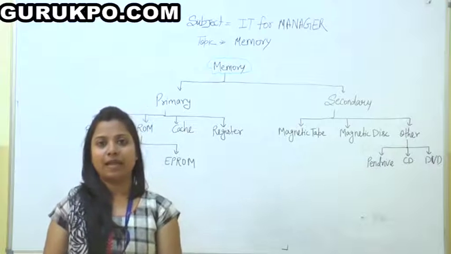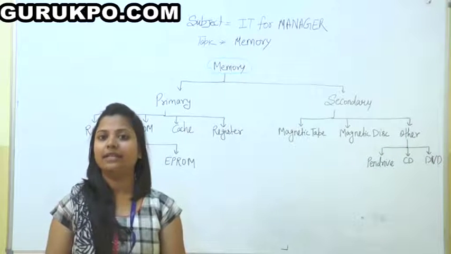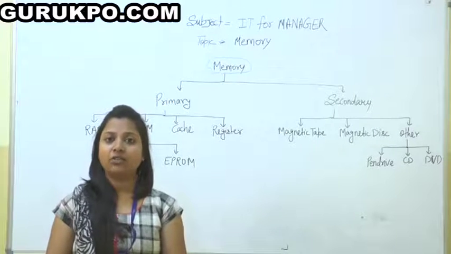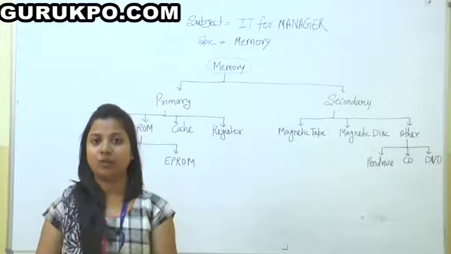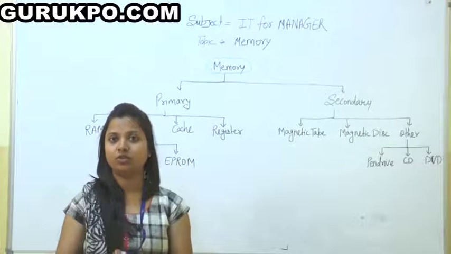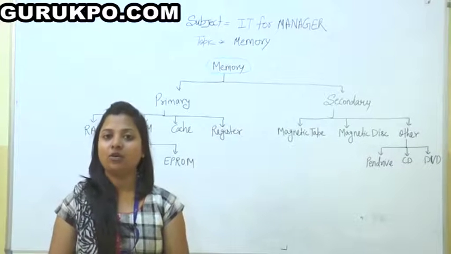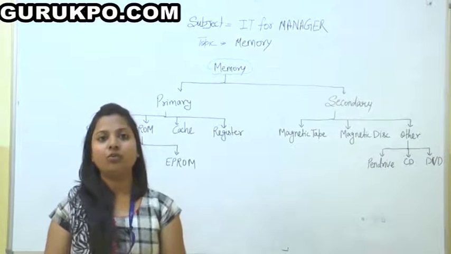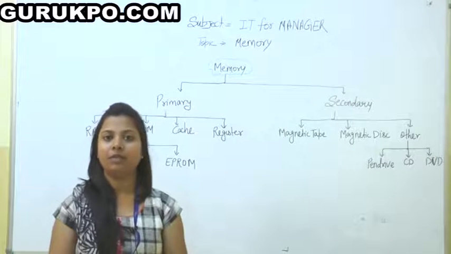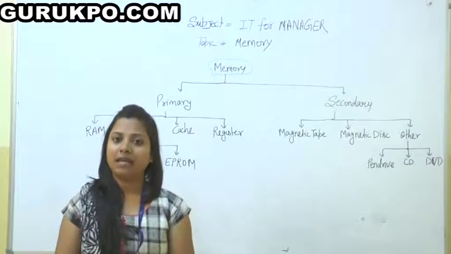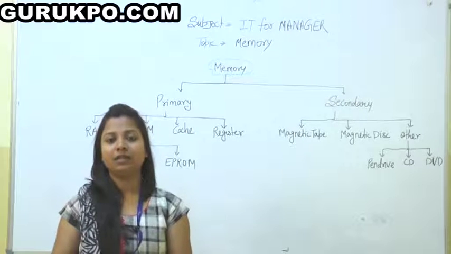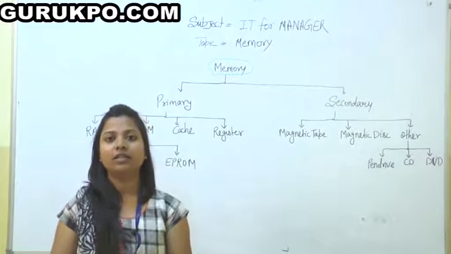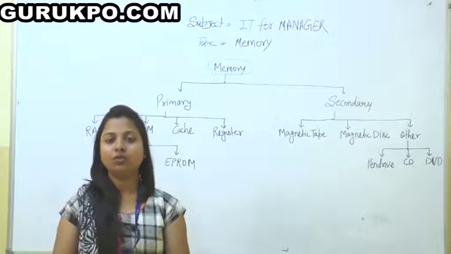The ROM has a drawback that when data is inserted into ROM it cannot be deleted. Now what to do if a software programmer has a program, an operating system or new software to install on it? It cannot be done using only ROM. So the manufacturer designed a new ROM, that is PROM, programmable read only memory. It is manufactured as blank. If we purchase it, it will be given as blank. So a software programmer will install its own software, its own operating system on it, and it can be used permanently.